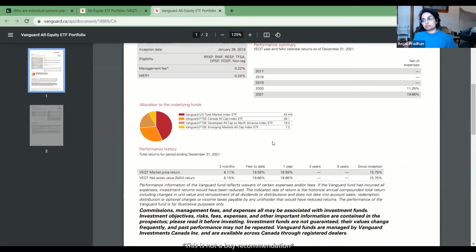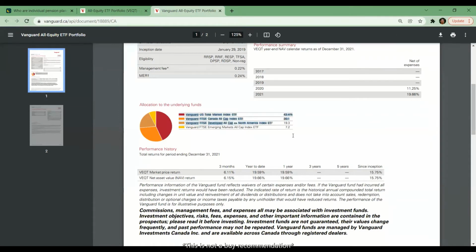So it's not a bad start. And especially someone like your son who is young, he doesn't need a huge bond allocation. It's actually a reasonable thing that this principal recommended, and I hope your son gets accepted if he wants to go to this school, because the principal seems pretty smart.